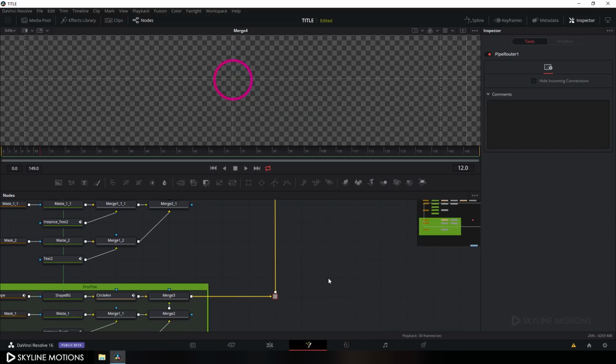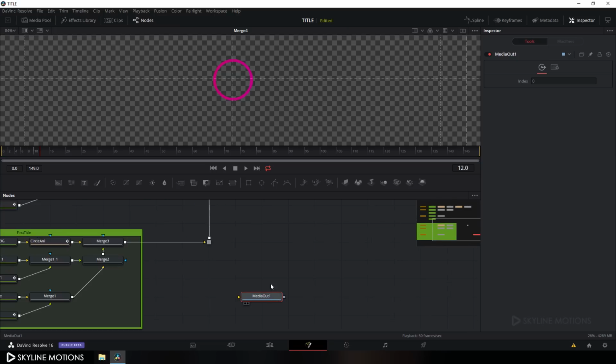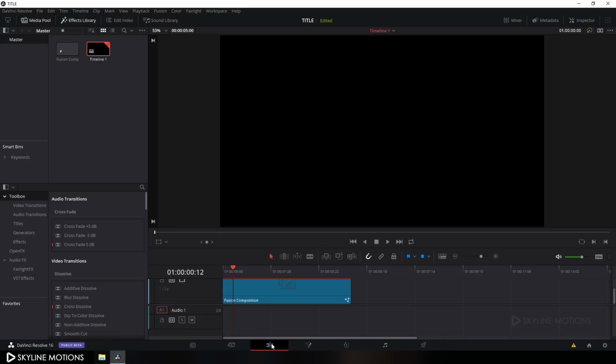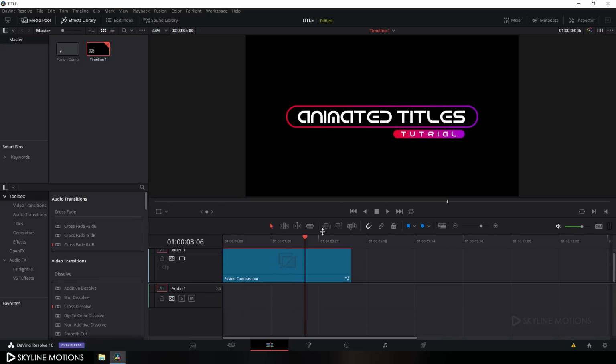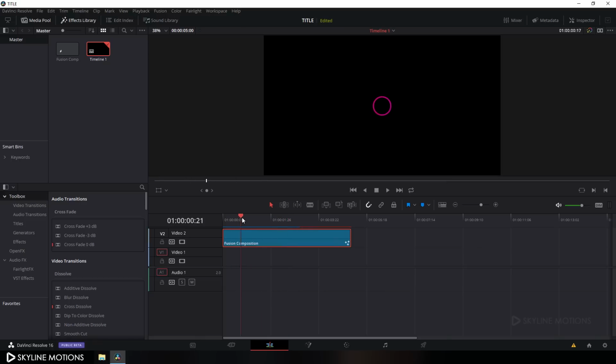So we have to connect this media out with the output of this main animation. So connect this merge 4 with this media out, and now let's go to the edit tab, and as you can see, our text animation is ready for render. So just drag this fusion comp over this layer and as you can see this is our animation in and